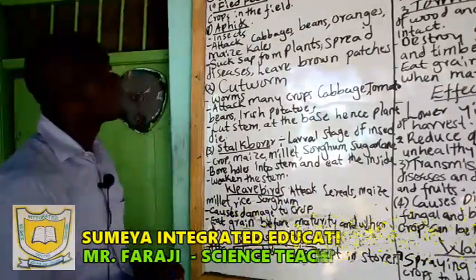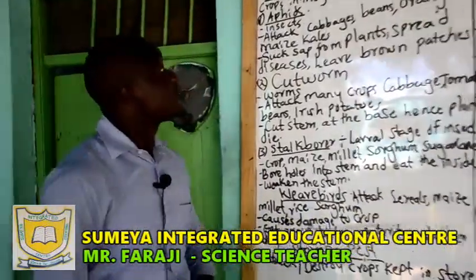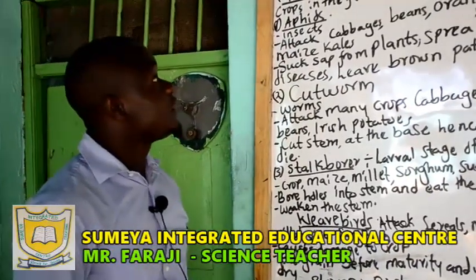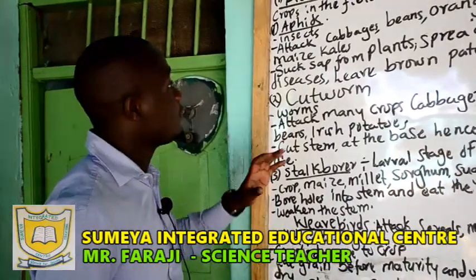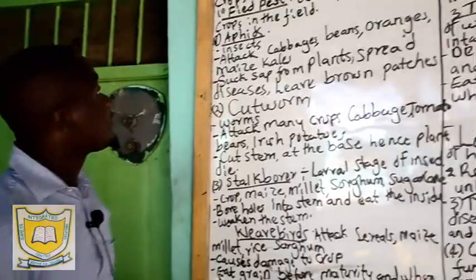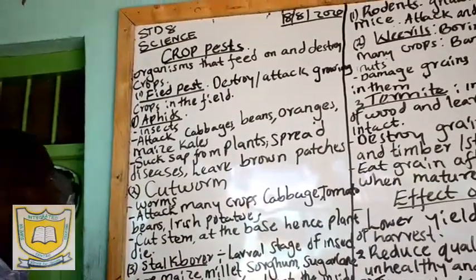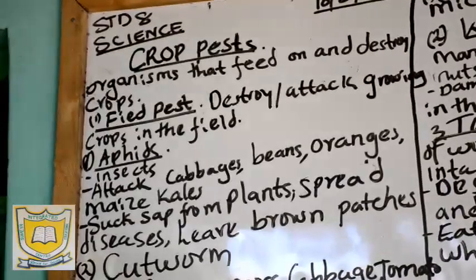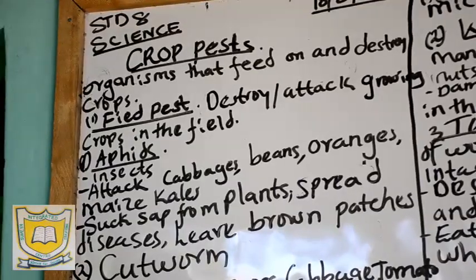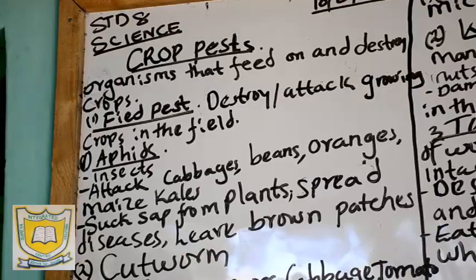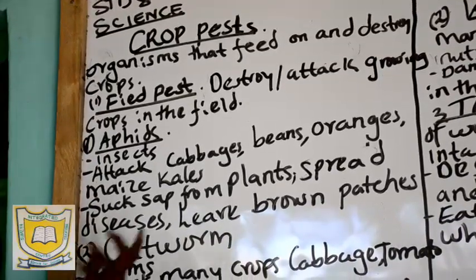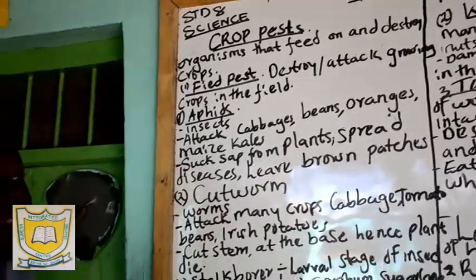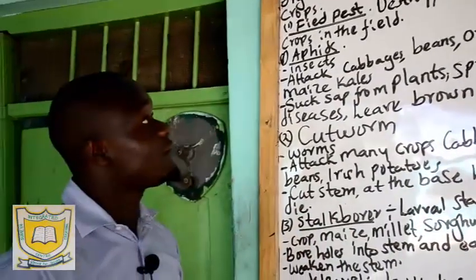Welcome to today's science lesson, which is still on plants. Last time we discussed how weeds and other things affect crops, and also how plants should be cared for, and how we depend on each other as plants and animals. We discussed how plants cannot survive without the presence of animals, and how animals can't survive in the